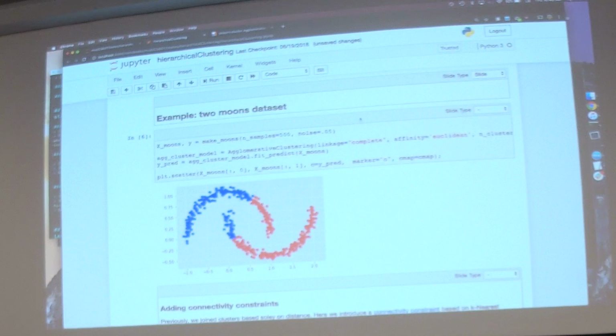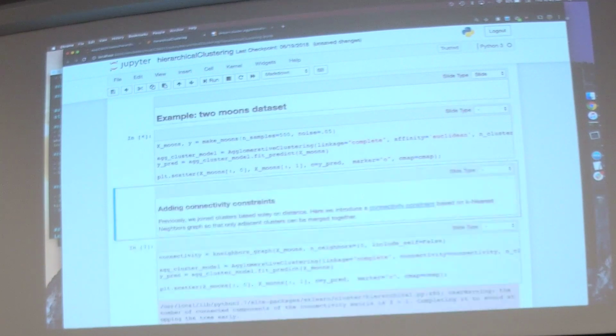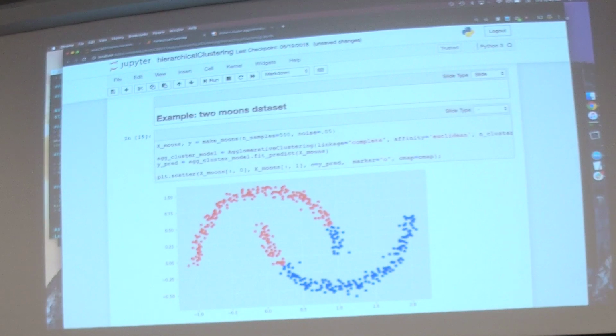So we'll take a look at the 2 moons. So we saw with k-means that this is a hard data set to do clustering on because it's concave, right? We have these weird shapes. And so just looking at distance